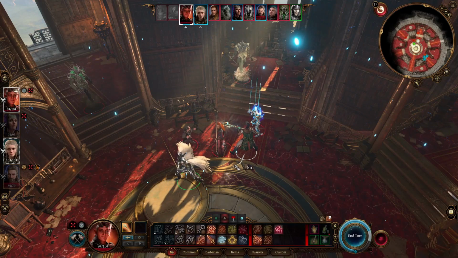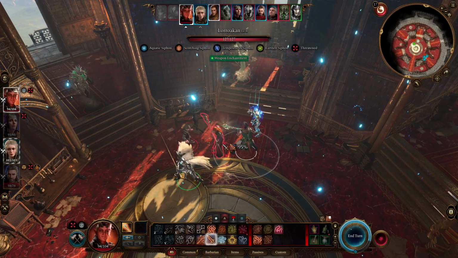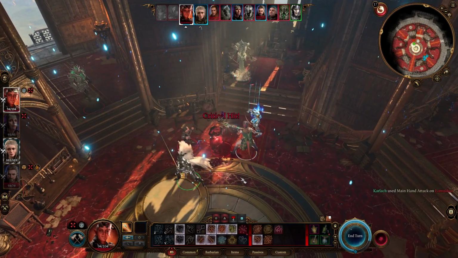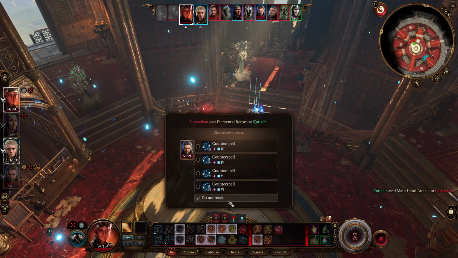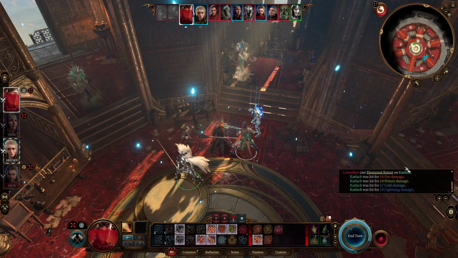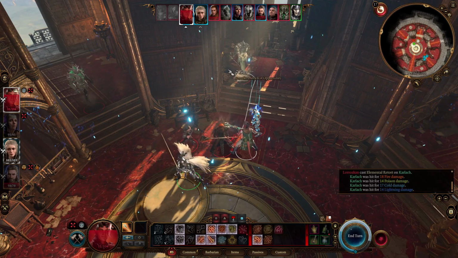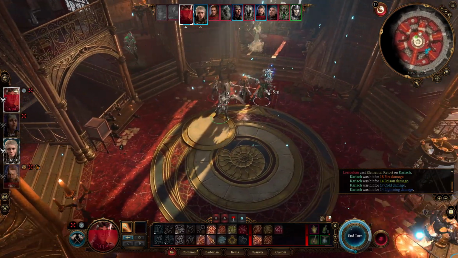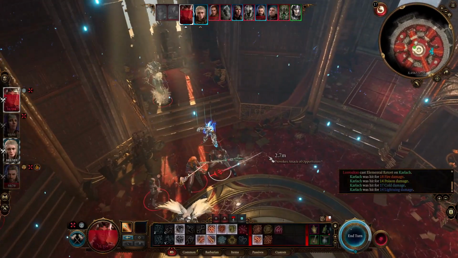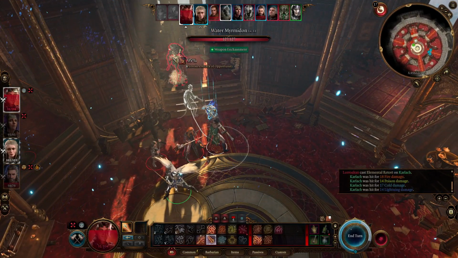Today I'm going to share a few tips for the Lorroakan fight, but first I just want to show how his counterattacks work. If I attack him with any spell, any attacks like this, he's going to do this elemental retort. And if we look at the details, there's 4 lines of damage, 1 per Myrmidon, so there are 4 of them. And I took like 70 damage or something,